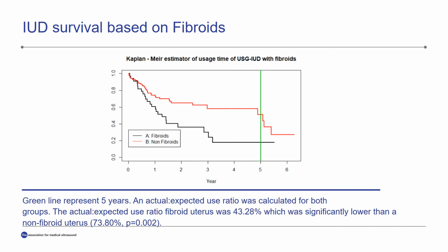Our last Kaplan-Meier curve here is based on the presence of fibroids in the uterus. So we plotted a fibroid uterus versus a non-fibroid uterus, and the non-fibroid uterus is the red line, and the fibroid uterus is black. And again, our green line here is the 5-year marker. So you can see that there's a pretty significant difference between the presence of fibroids,